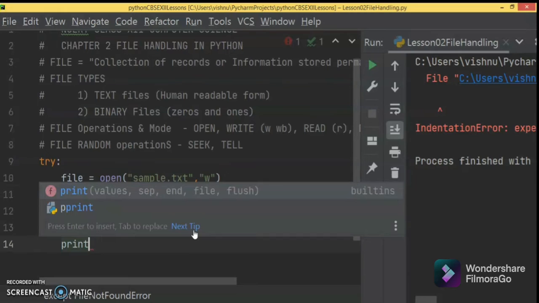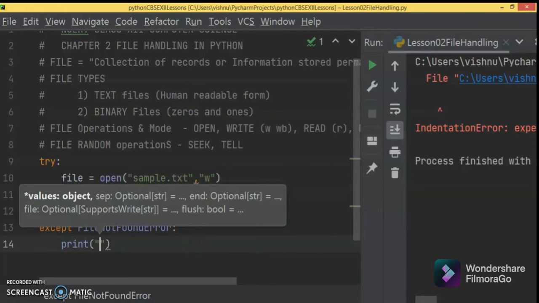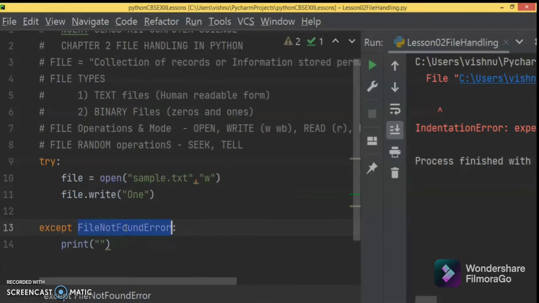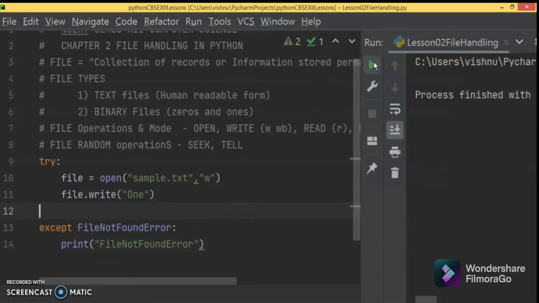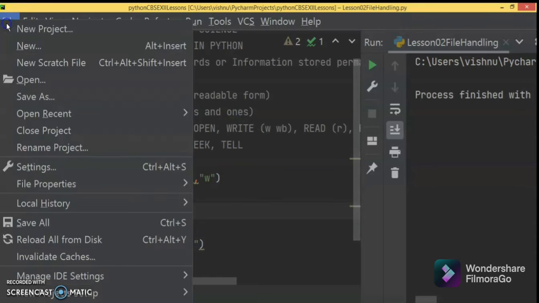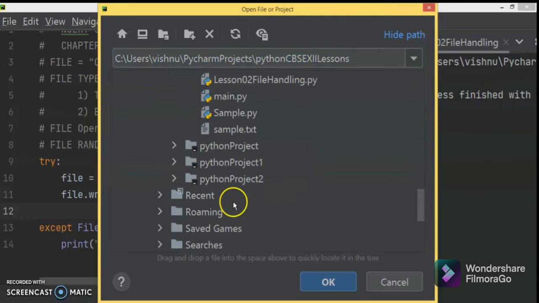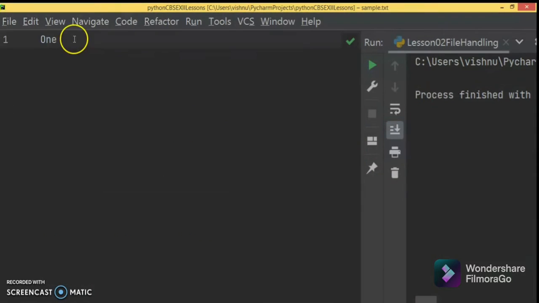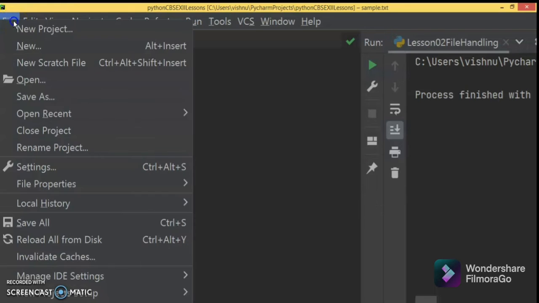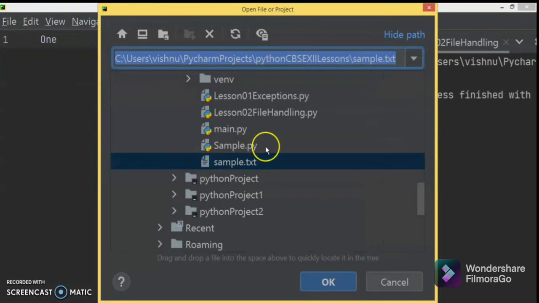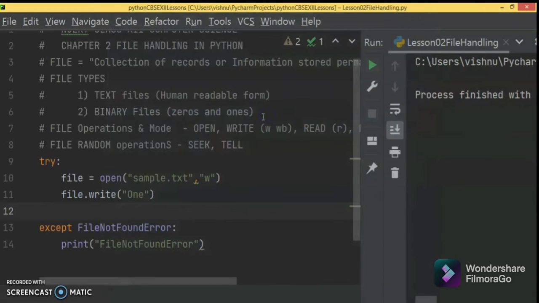Here I have not printed anything. So it is returned. So let us open and see. Open. You can see sample.txt 1 is there. Okay. Next, you can see 1 here. Sample.txt. Next, we'll open our file engine project.